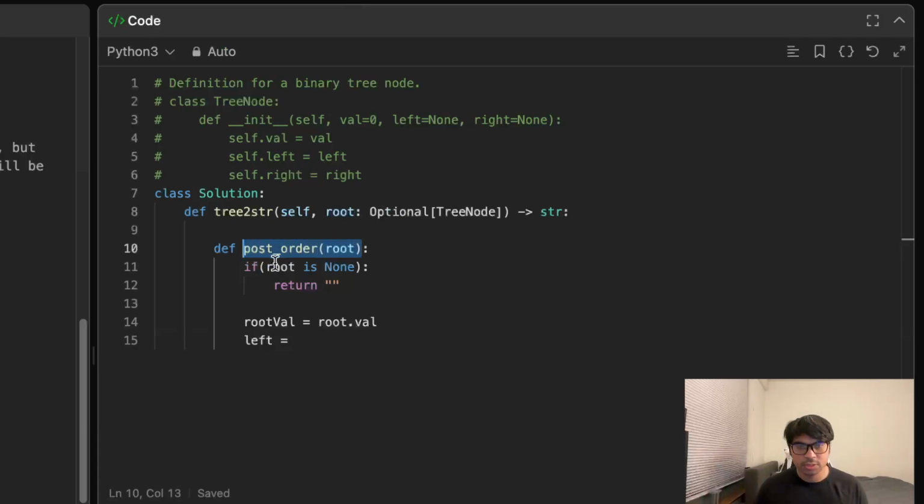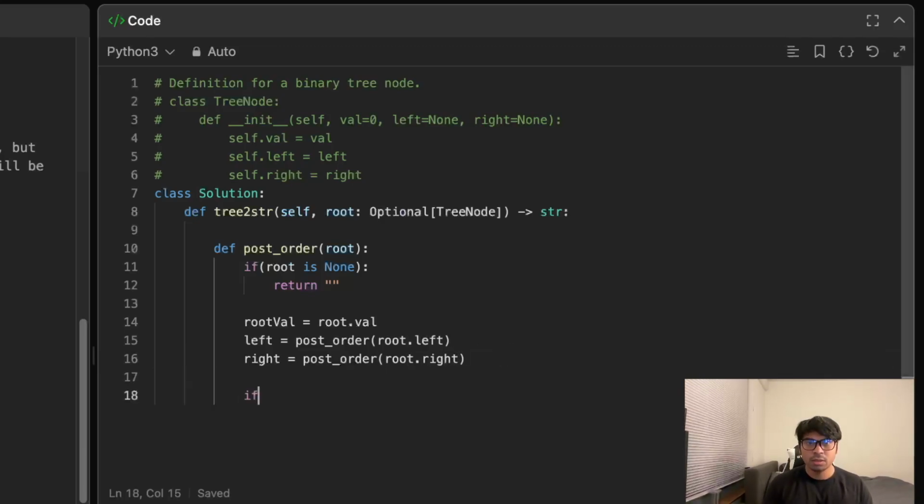And we're going to process the left subtree, so this is how we process left and right subtrees, guys. In post order we process left first, and then the right, and then the root. So let's process the right. Okay, so we have certain conditions that we already went over. The conditions are, if we have left and right both children of a node, then we simply return, let's make it a string,